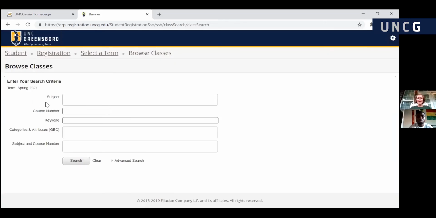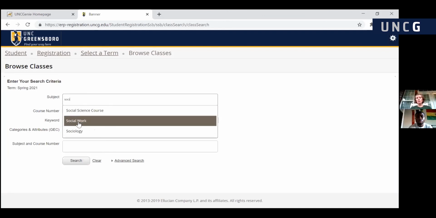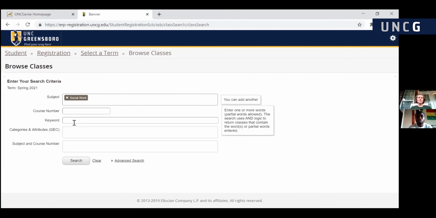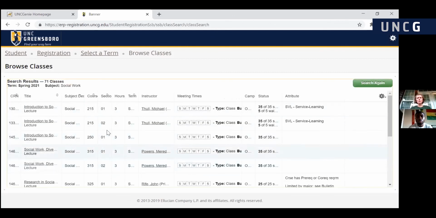And if you click on that, you can click in the subject box if you want to begin searching for courses by department. Now, let's say that you know what your department is and you don't want to go down this lengthy list. Let's say maybe you want to look at the social work courses. You can start typing in social work and you'll see how it filters in and you can zoom right in on that department's course offerings. So if we hit search, we'll begin to see all of the social work courses that are projected to be offered for the spring. And you can begin to get a sense of whether or not it's going to be offered online or on campus.